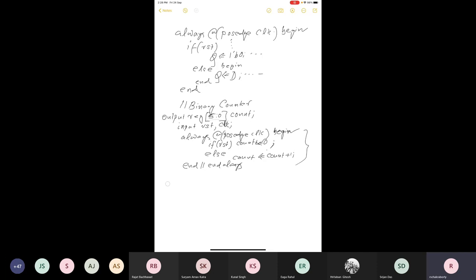So suppose you want this type of behavior, like there are flip-flops in series. If you want this type of behavior, you should use